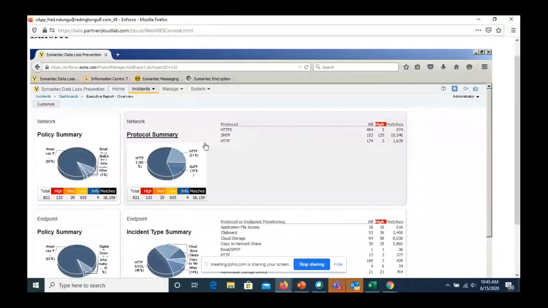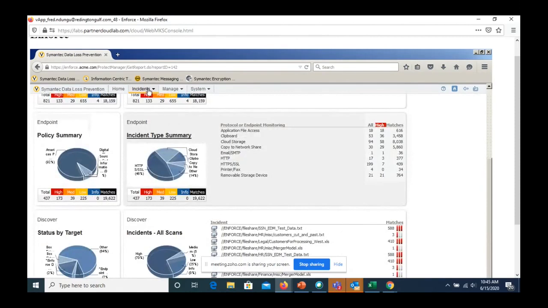As you can see, it's HTTPS, then SNMP, then HTTP. You can get which policies have been violated the most and the count. You can see the endpoint violated was the America PCII policy. In the manage section is where I can create my policies,